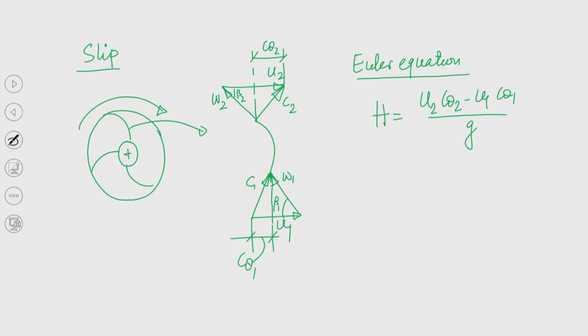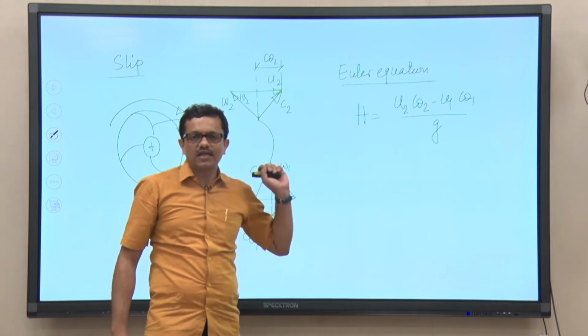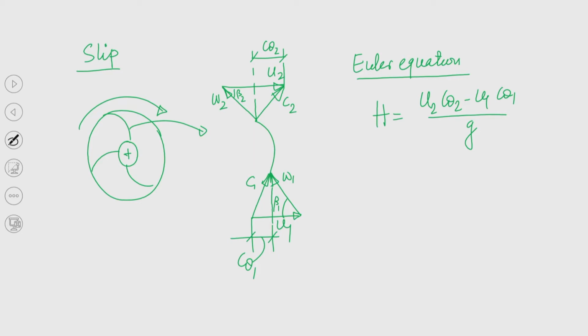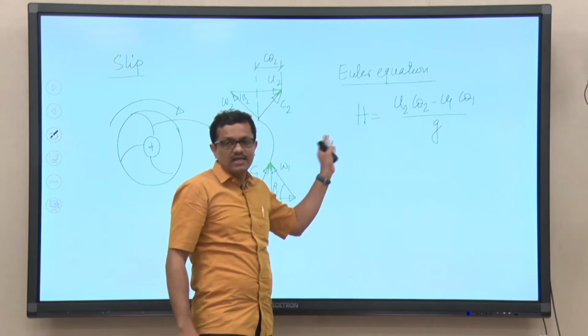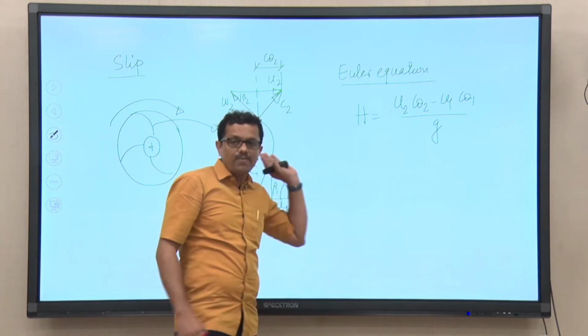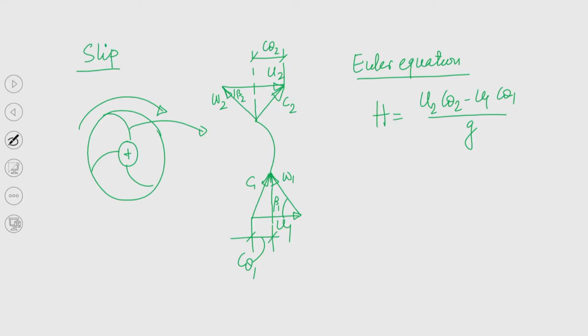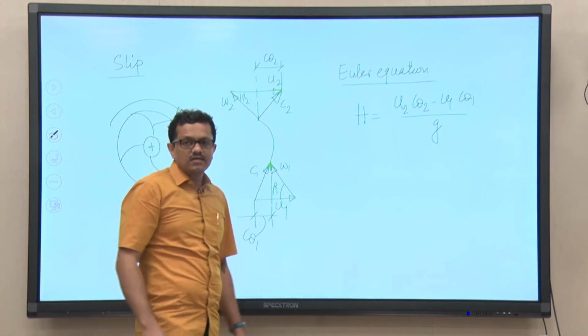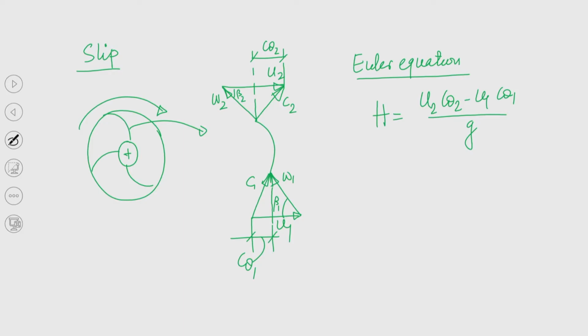Now, using this equation we can predict the head, and we have also seen that the head predicted by this equation is not achievable. I can't say it is not correct, theoretically it is correct, but the head predicted by the Euler equation is not achievable from a pump due to several reasons. Perhaps the topic that I am going to discuss today, that is slip, is one of the reasons to reduce the head than that predicted by the Euler equation, right.